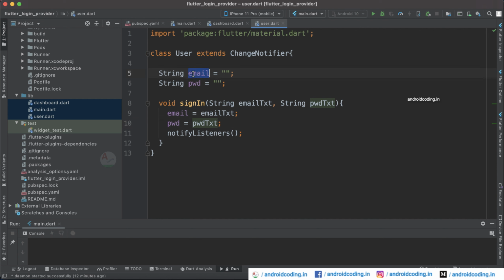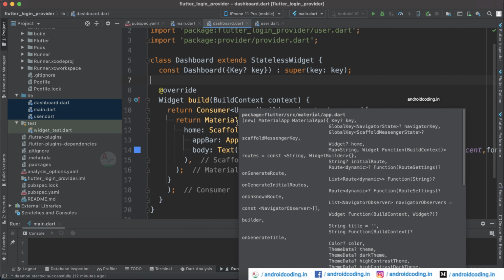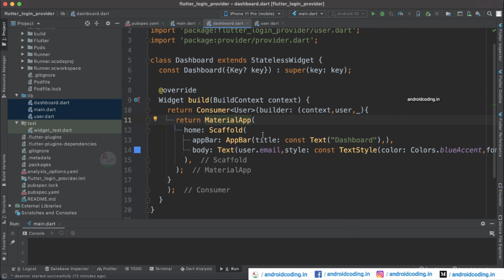Here we have provided email and email, so there might be some confusion and you might be getting some empty information. Also, if you observe the output, it is at the top left here, so you can just adjust it to the center of the screen by wrapping the Text widget with the Center widget.